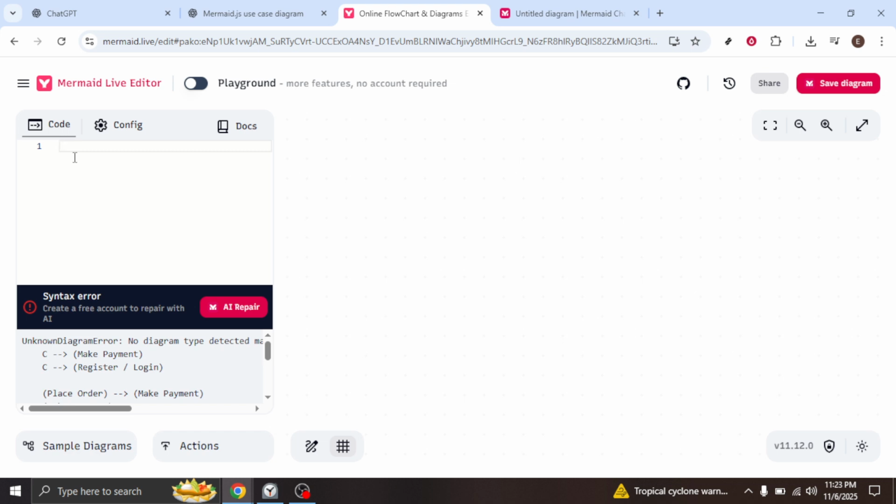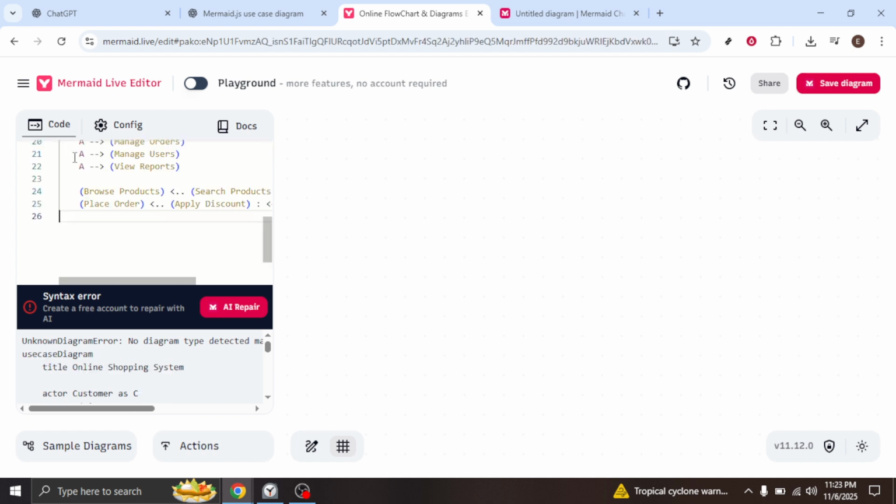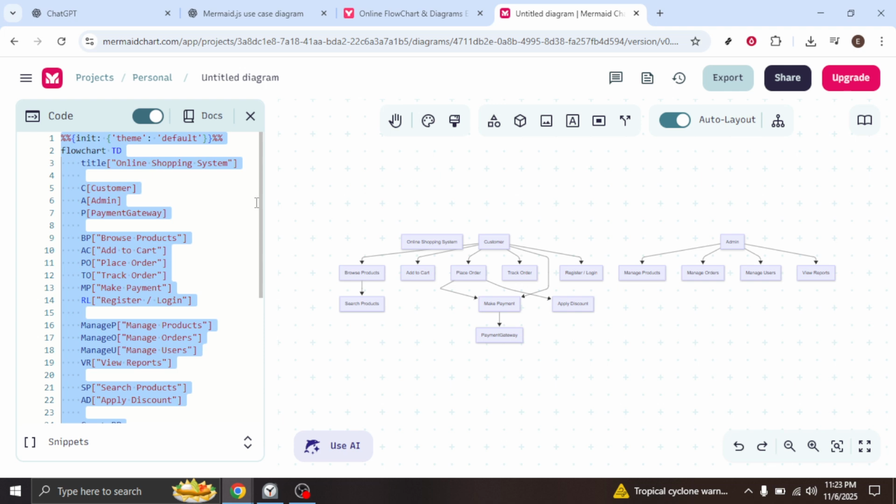Within Mermaid Live Editor, locate the code input area, typically found in the left section of the screen. Here, paste the code you copied earlier from ChatGPT. This action will render the UML diagram right before your eyes, based on the details provided in your prompt. And there you have it, an editable UML diagram, freshly created using the power of AI and a bit of